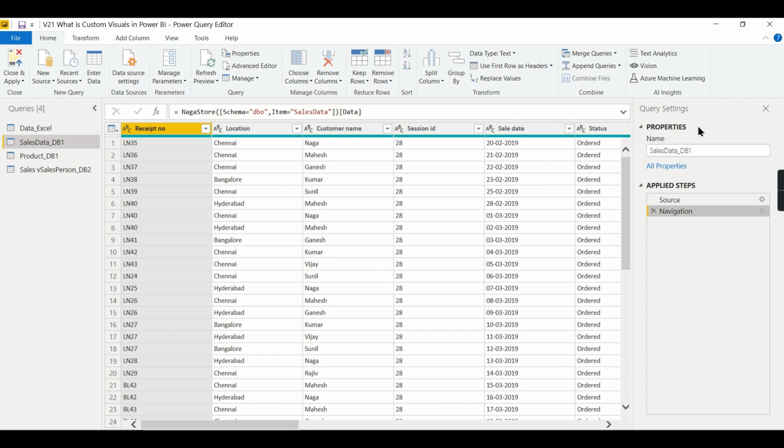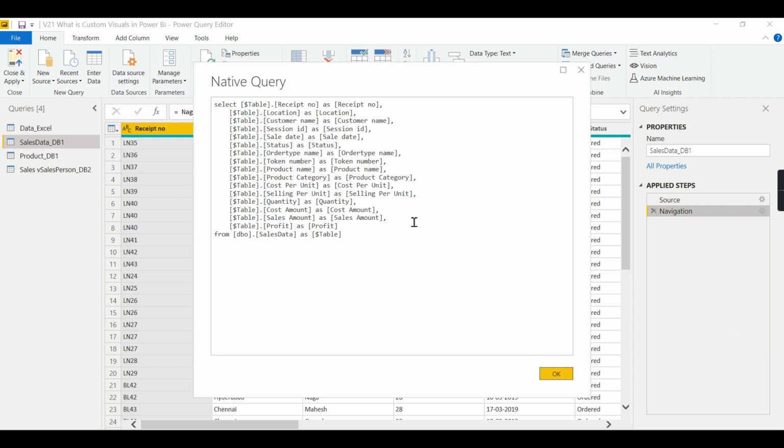How do you know whether this query is query folded or not? Power Query does not need to do any transformation; it will directly push your transformations to the source. How will you know? Where to check? Here is the option. You have a gear button here. Right click it and you can see the option called View Native Query. When this option is enabled, then this query can be folded. That is, the Power Query engine will send all your queries to the source. You can see this is the query generated by the Power Query engine,